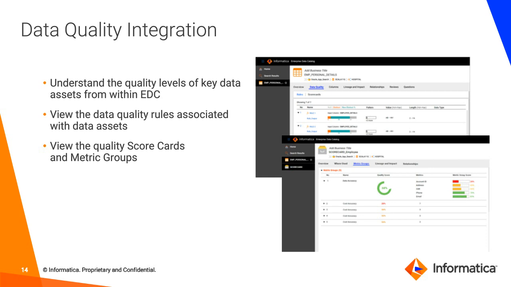It displays the quality levels of data sets through DQ scorecards and profiling results for rules. Now, we were already showing the column profiling results before in EDC. Now with data quality integration, you can see scorecards, you can see rule profiling results. How is it important? Imagine a user coming into the data catalog searching for a data asset. Now, they can not only see the column profiling results, they can see all the rules that you have created